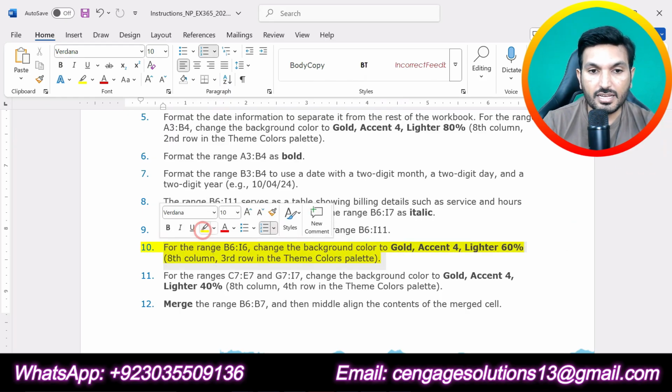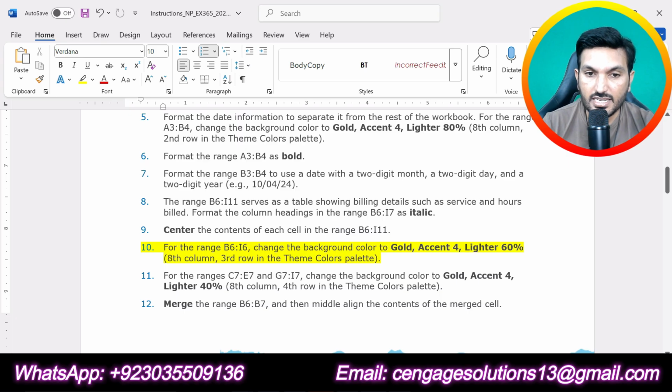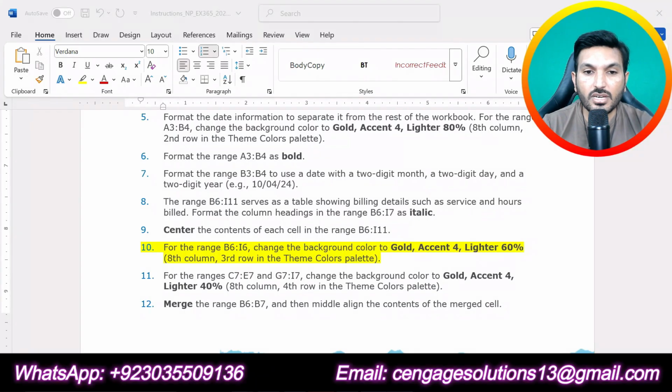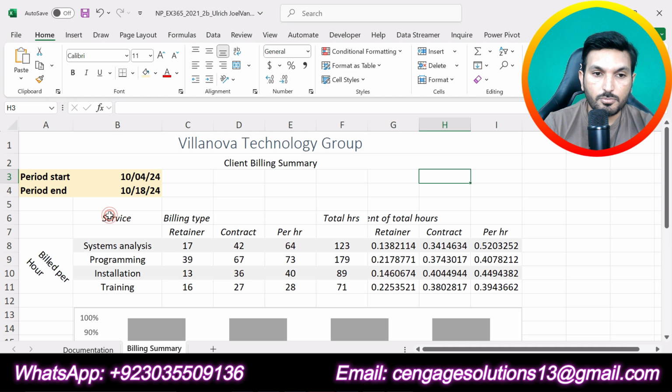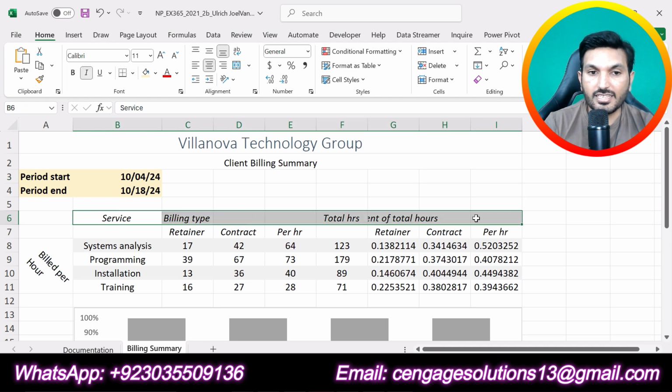Now step number 10. For the range B6 up to I6, change the background color to gold accent 4 lighter 60%. So now we are supposed to change the background color of the range B6 up to I6. So we will select B6 up to I6. We have selected that range.